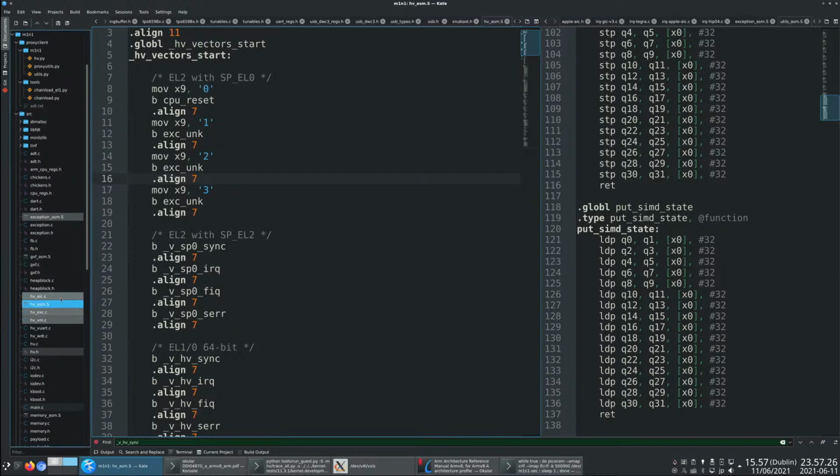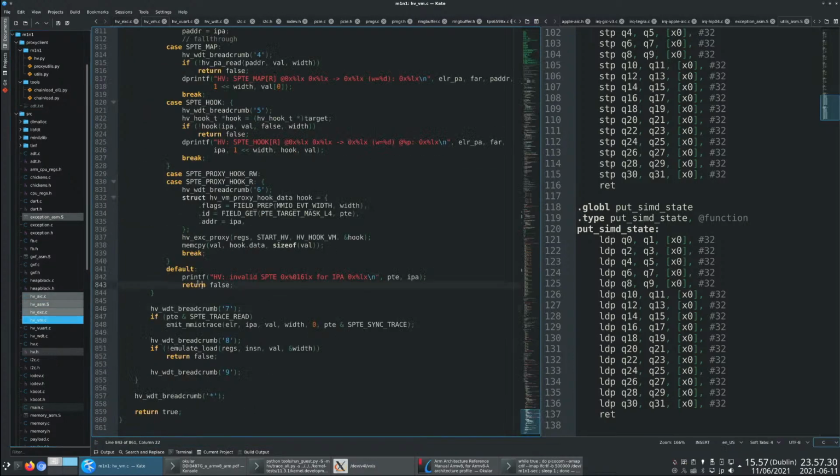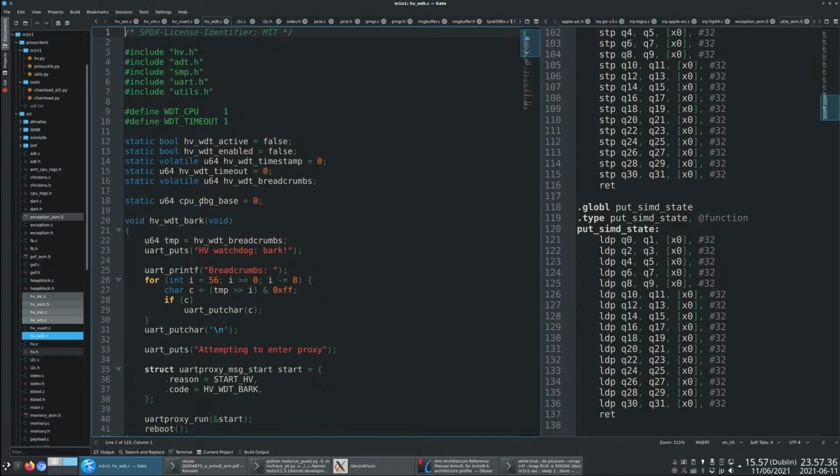So okay, we've gone through exception handling. We've gone through the virtual machine. There's not much left. Let's look at the watchdog timer. One issue that I had is that debugging the hypervisor is a pain, because if the guest does something that breaks the hypervisor in a bad way that I can't log in, an error